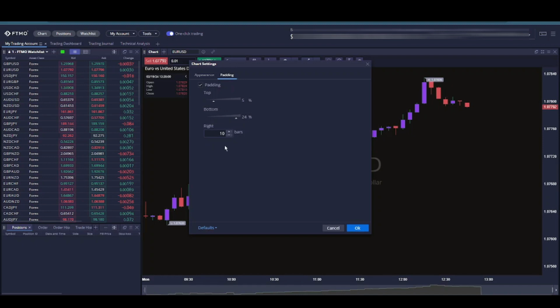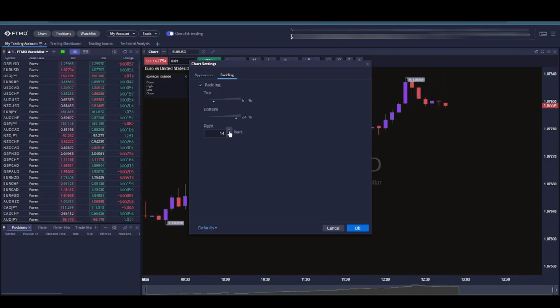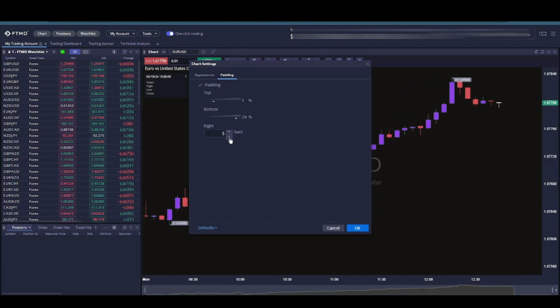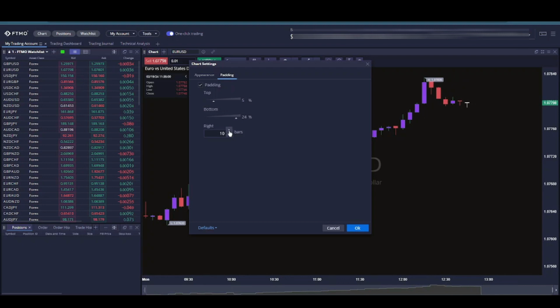Third option is 10 bars to the right. So again, how much space you want on your right side. If you want to have more space, you can increase to 15 bars, or if you want less space, you can decrease to, let's say, 5 bars. So all sorts of customization is there. Depending on your preference, you can select the way you like it. So click OK,